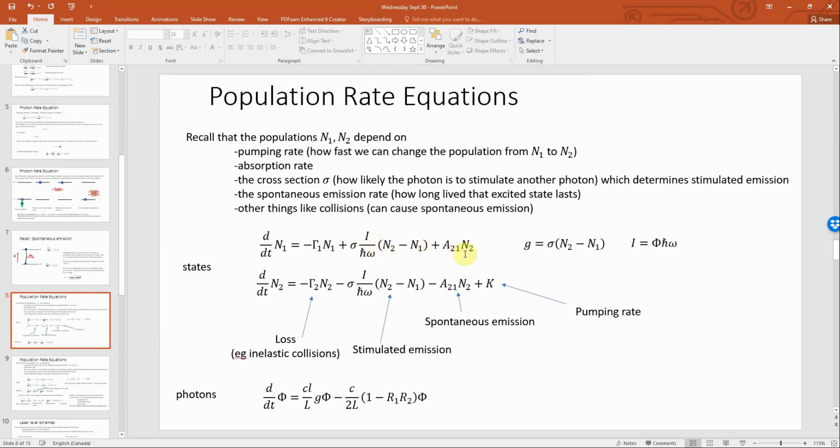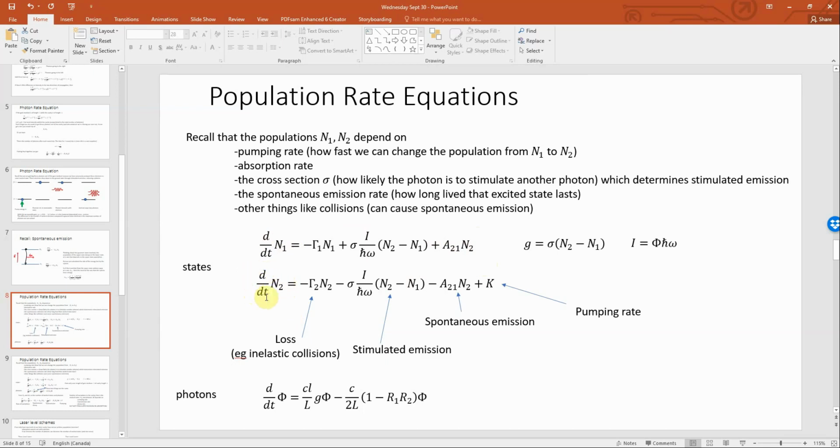And then we also have spontaneous emission here in the third term. So as N2 spontaneously decays down to N1, we get more states in the ground state, and so this is plus. Okay, now for N2, we also have the rate of change of the number of electrons or